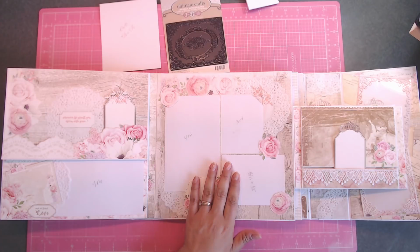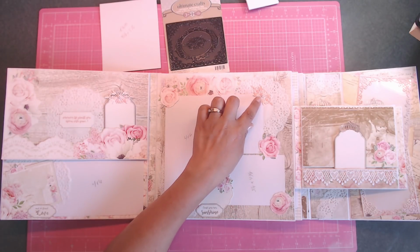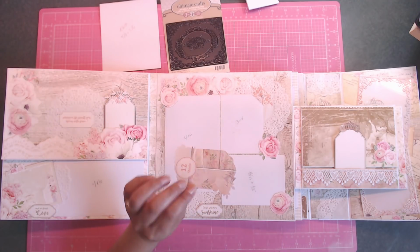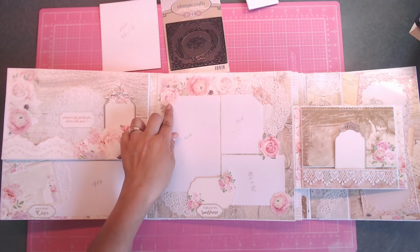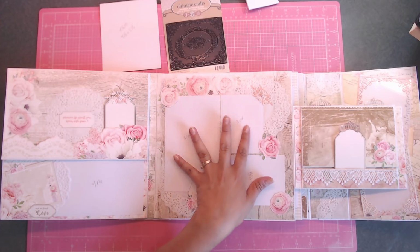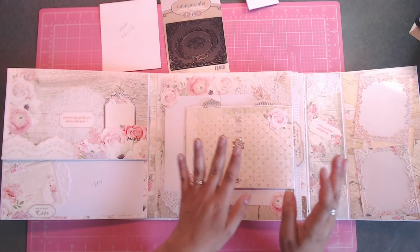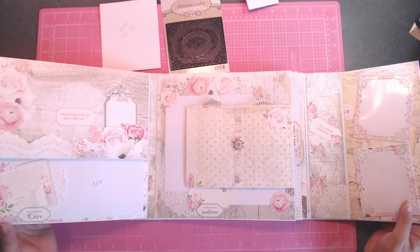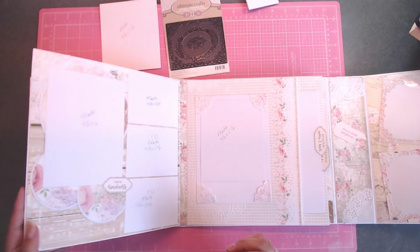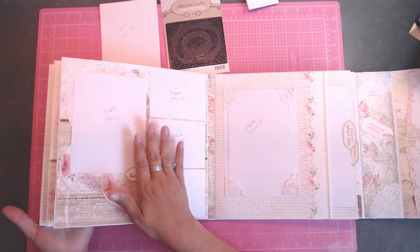This right here is just a layout, and here we did some accents here and some little roses, a little tag, and then here we did 4x6, 3x4 photo mats here. So it just adds so much elegance, so elegant. I just love it. So you flip it over, and then on the back of page 3, we just did